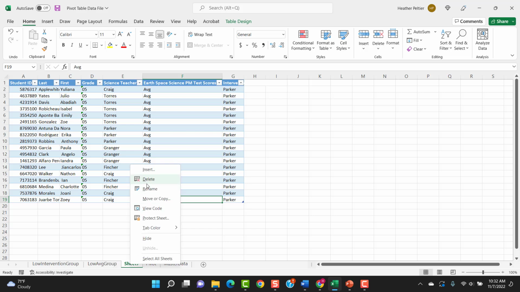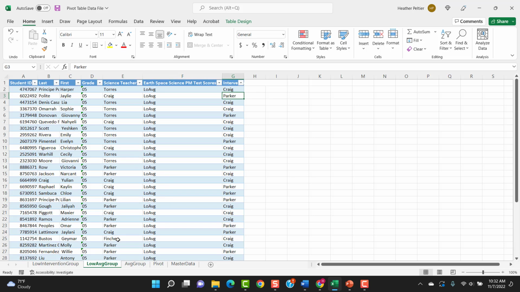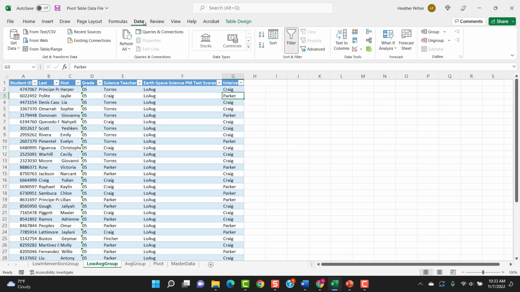I'm going to rename this as my average group. And I'm going to come back into low average. And now these students are spread out. So the easiest way for me to take care of this problem is to go into my Data tab within